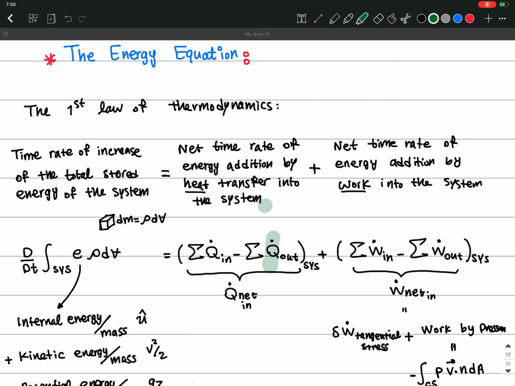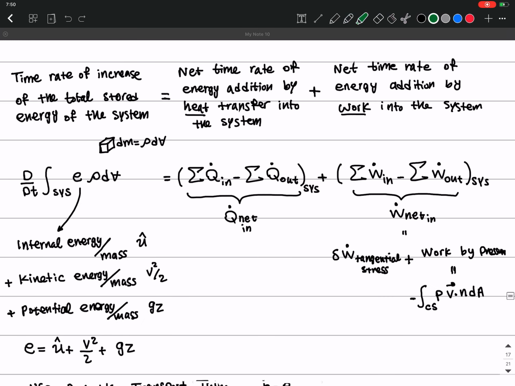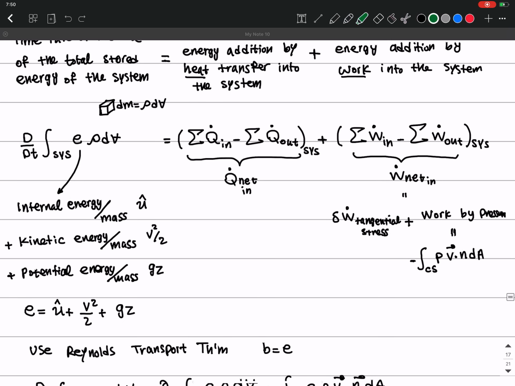Then we wrote this in terms of mathematical symbols: the time rate of change of the total energy of the system equals the net heat transfer and net work done on the system. We can write the total energy of the system as the sum of the internal energy plus kinetic energy plus potential energy per mass,